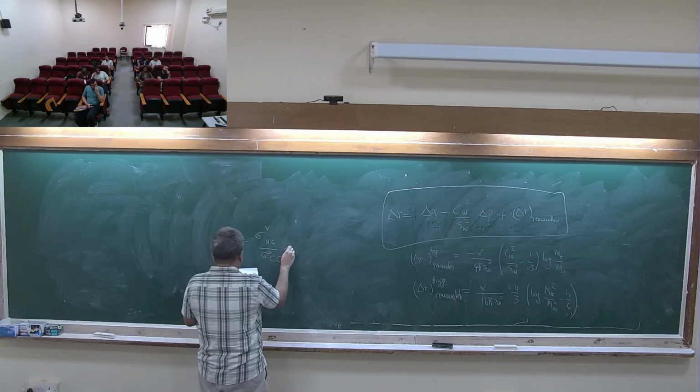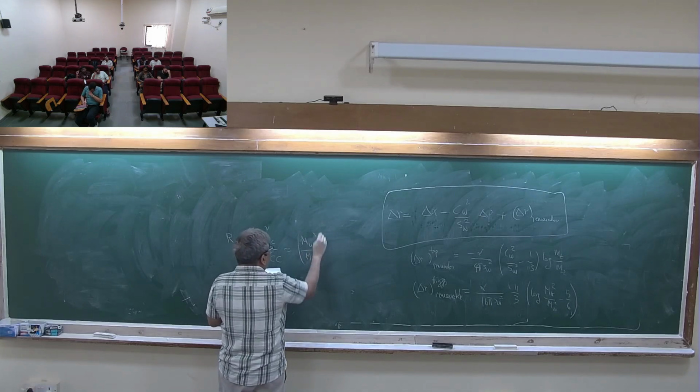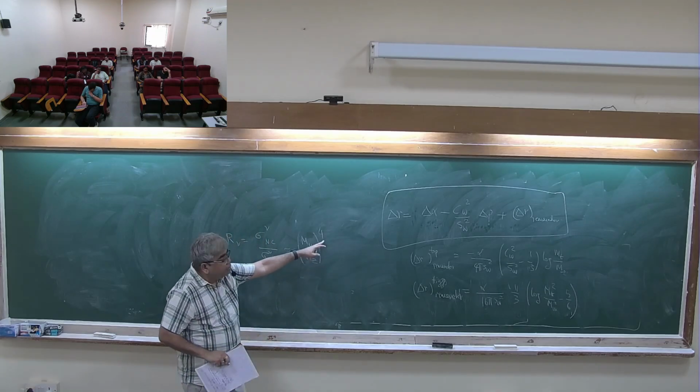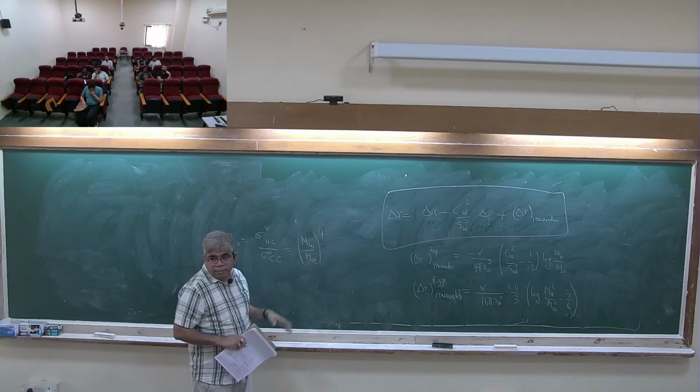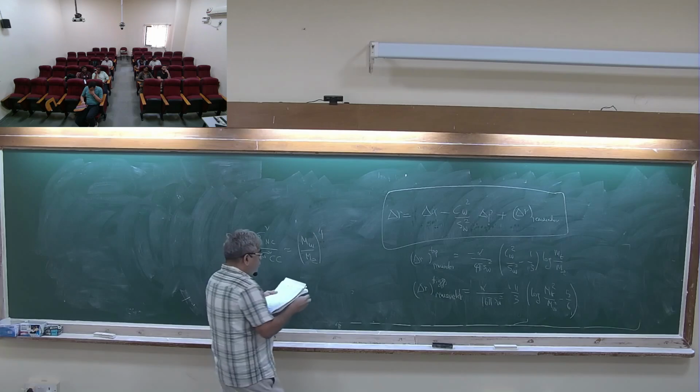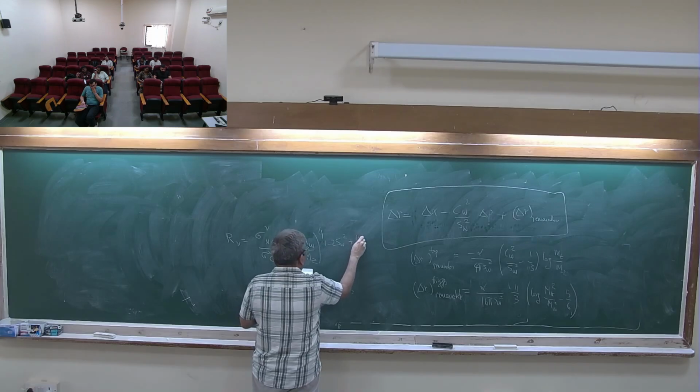So this goes as essentially mw square or 4 mz square. It is sensitive to the fourth power of this ratio, so it's super sensitive to sin square theta W essentially. So 1 minus 2 sin square theta W plus 10 by